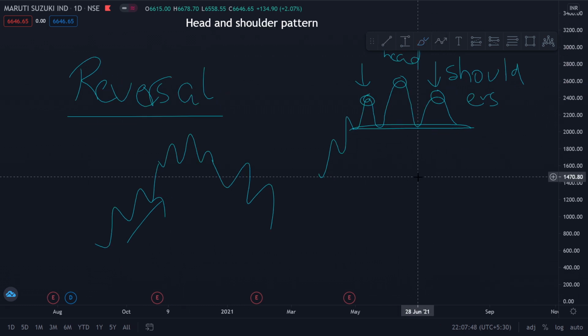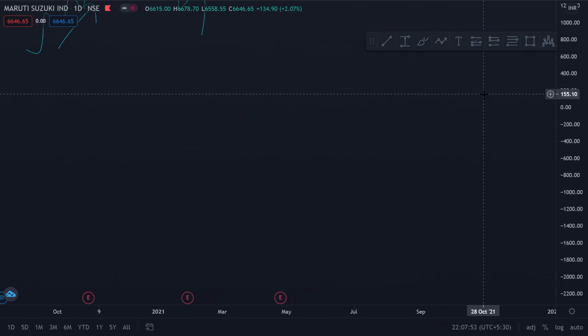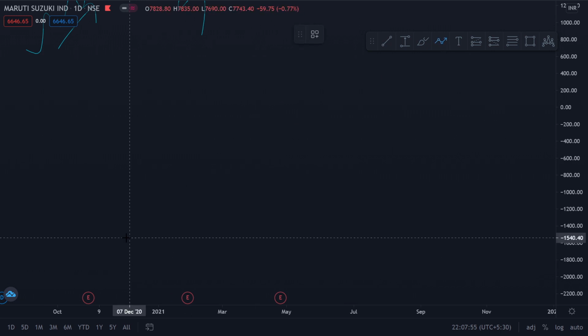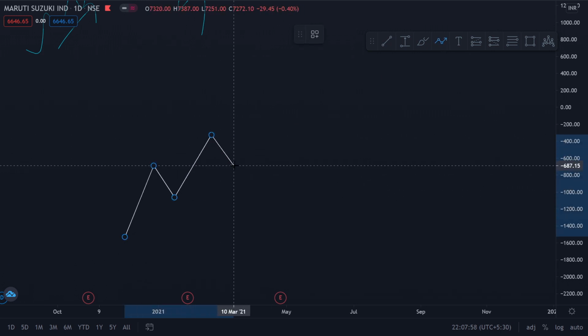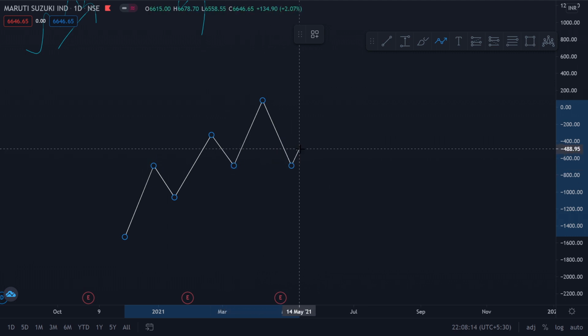So what is the market structure logic behind this? The price was moving in an uptrend, forming higher highs and higher lows. It formed a higher high, but this time the higher low which was formed did not take support at the previous high level. It fell even further down to its previous low. Now this itself was a slight signal for the sellers, but it is still an uptrend. It still hasn't broken this low. It's still not in a downtrend, right?